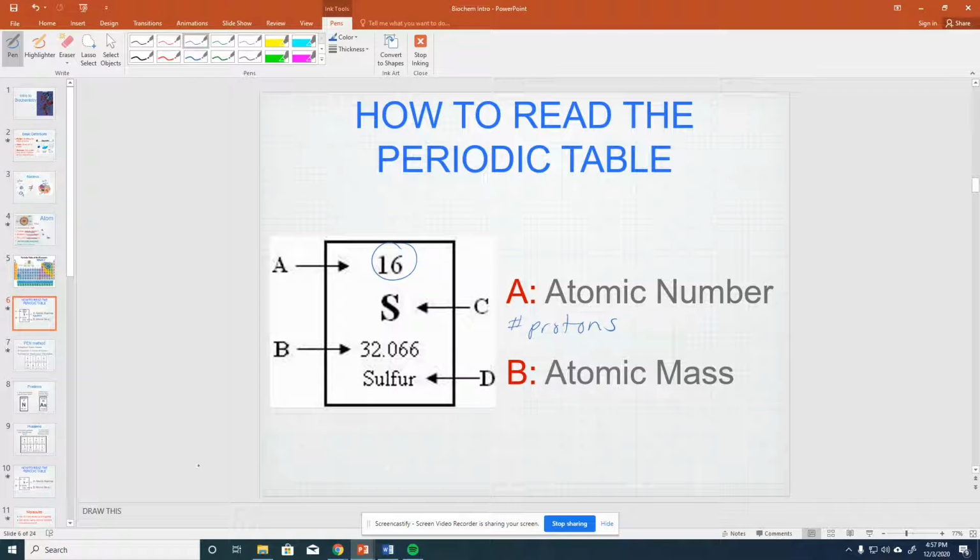So that's the one above the symbol here. And that is always the number of protons in an atom. And this does not change. If you change the number of protons, then you get a different atom entirely. That's unlike the number of electrons or the number of neutrons. If you change the number of neutrons or the number of electrons, you still have sulfur. For example, if you had 33 neutrons, sorry, I haven't gotten into that. But if you had an extra electron or one too few electrons, you would still have